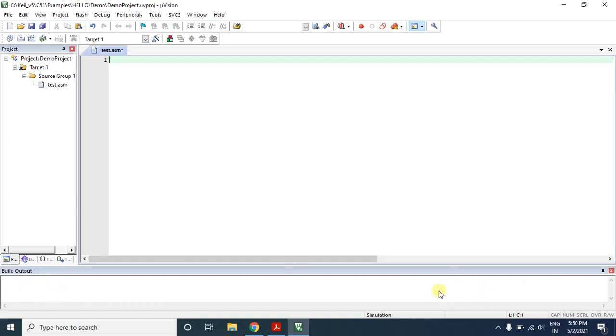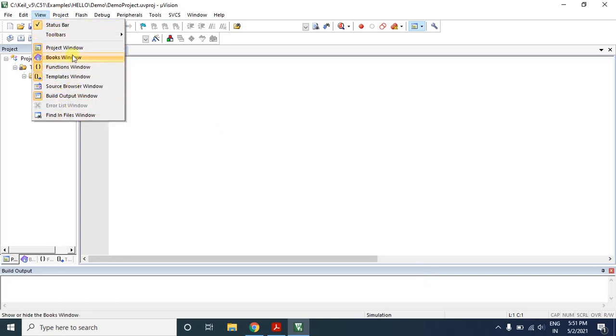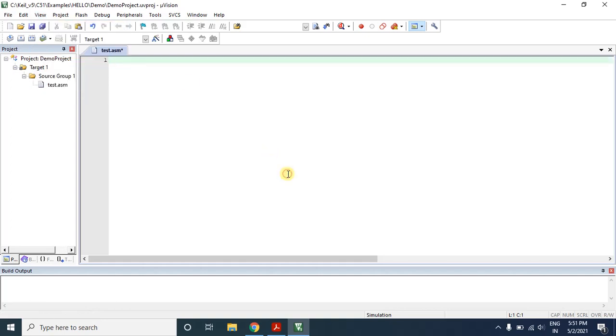And on the right bottom side you can see the memory window. Right now it is not visible, but once you go for compiling and debugging of your program, the memory window will appear here. If it is not appearing after debugging also, you can go to view and select the memory window from there, once the debugging happens.